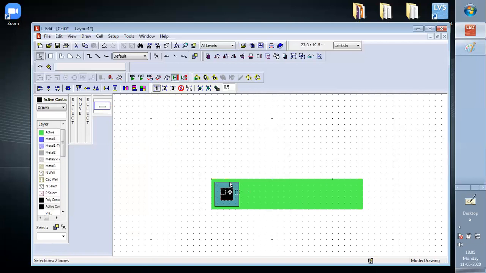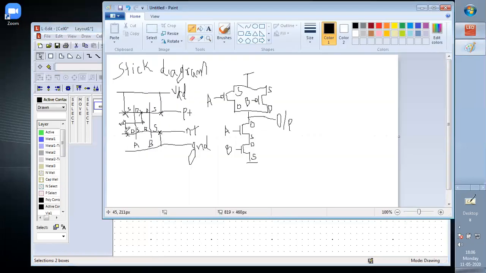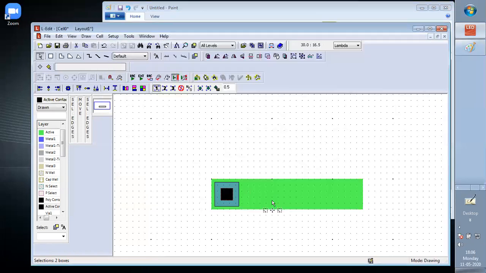Now see how many of these we require. For this we go to the stick diagram. One contact here, one contact here, and one contact here. Similarly here, one contact here, one contact here, and one contact. So 3 contacts are required. So we place this line.